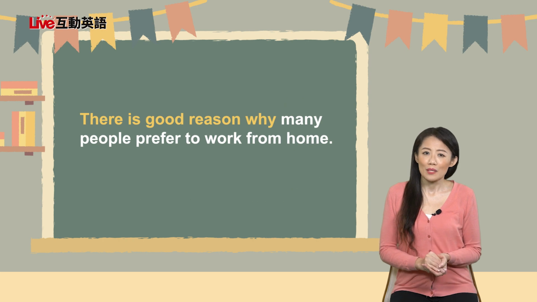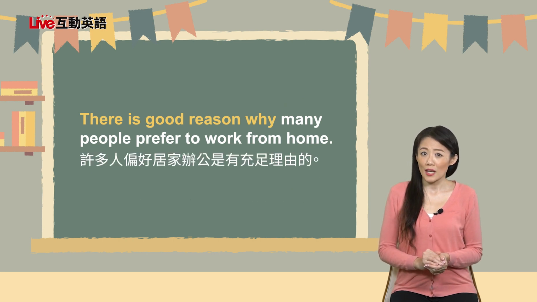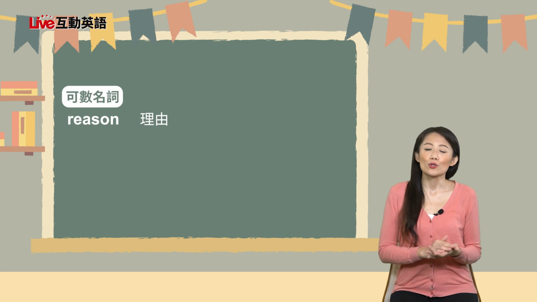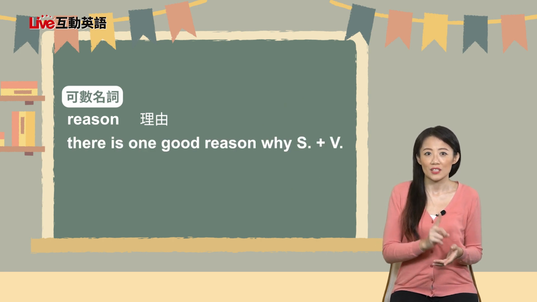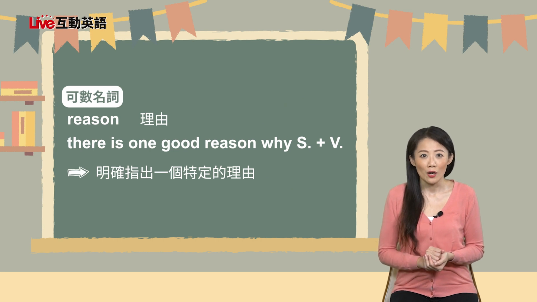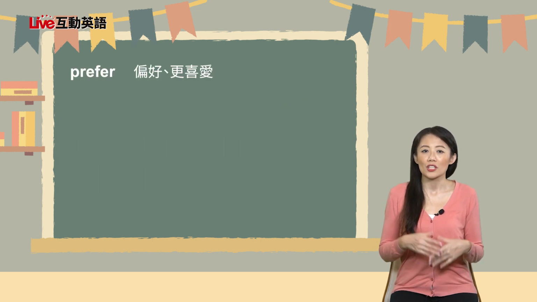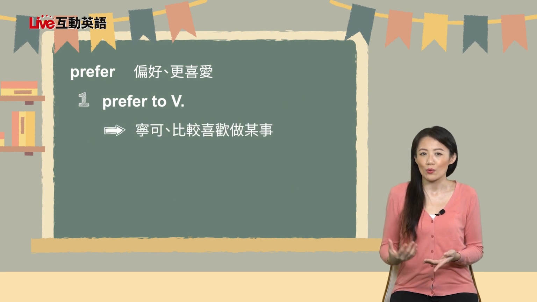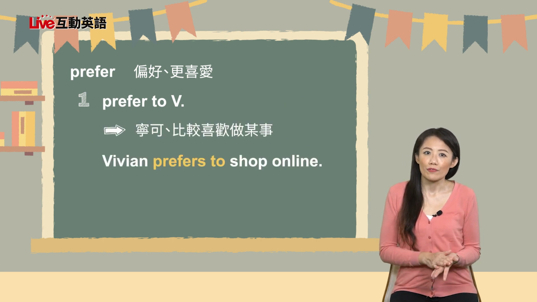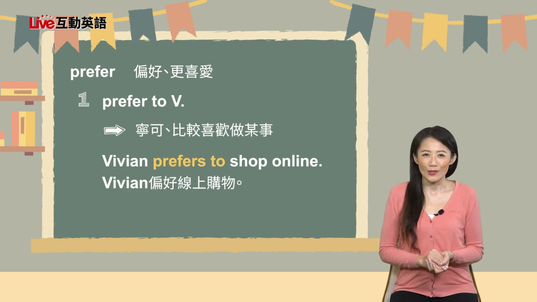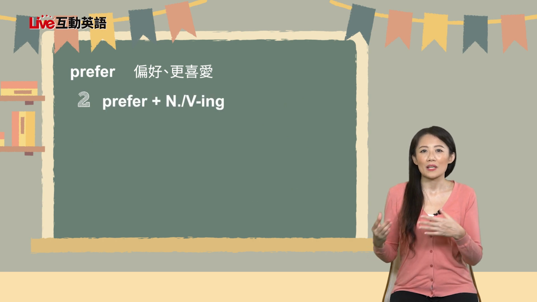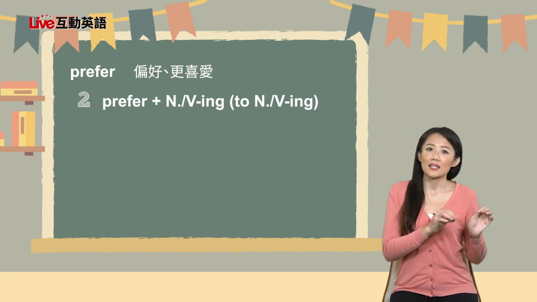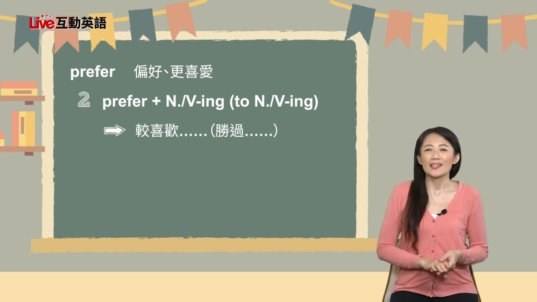There is good reason why many people prefer to work from home。许多人偏好居家办公，这是有充足的理由的。补充说明一下，reason 也可以当可数名词来指理由。如果你把它写作 There is one good reason why 主词加动词，则是用来明确地指出一个特定的理由。下一个重点是 prefer，它表示偏好或是更喜爱。常用的句型，第一种是 prefer to 加原形动词，表示宁可、比较喜欢做某事。举例来说，Vivian prefers to shop online。Vivian 她偏好线上购物。第二个句型你可以用 prefer 加上名词或动名词。如果是要比较两者的话，你可以用 prefer 加上名词或动名词 to 名词或动名词，去表达较喜欢什么胜过什么。例如，Some people